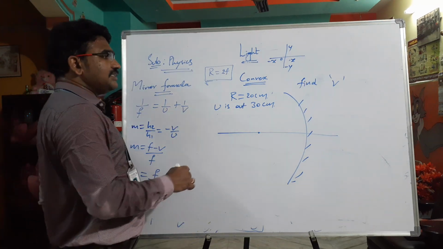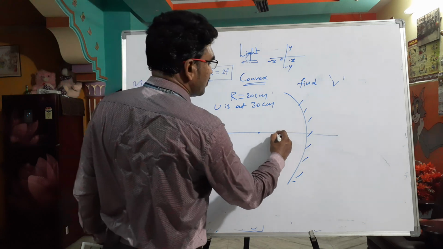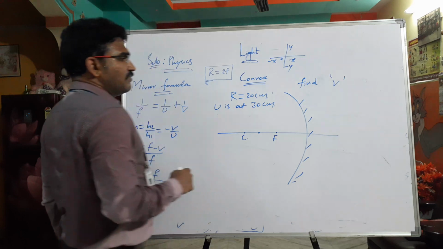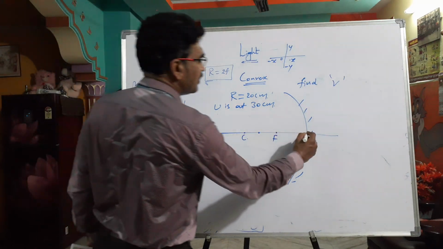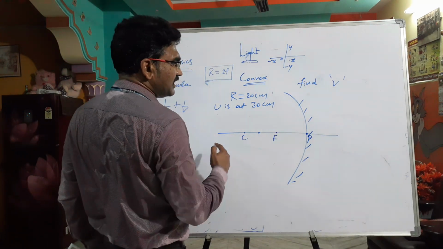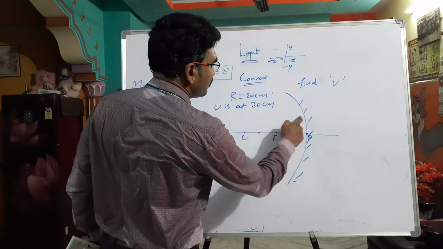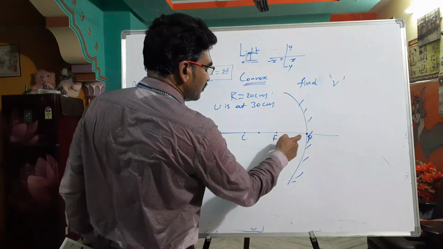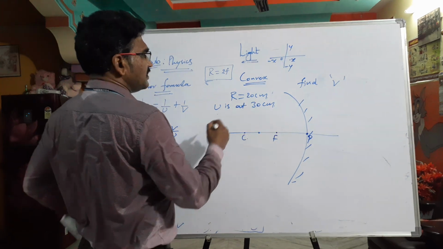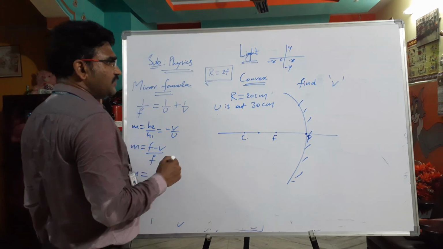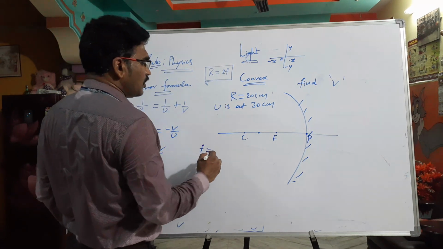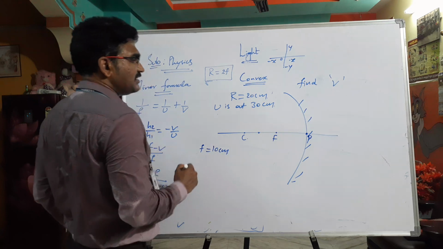For example, this is the concave mirror. Where will be the focal length? This is the pole P. The principal focus will be on this side. Actually, incident rays will be moving in this direction, but we are measuring in the other direction. So R is negative or positive? Definitely R is negative. What is the focal length here? We know R is equal to 2f, then f is equal to R by 2. Then focal length is 10 centimeters.